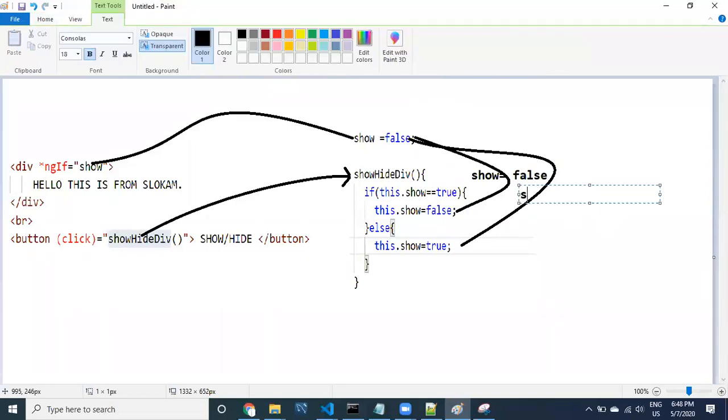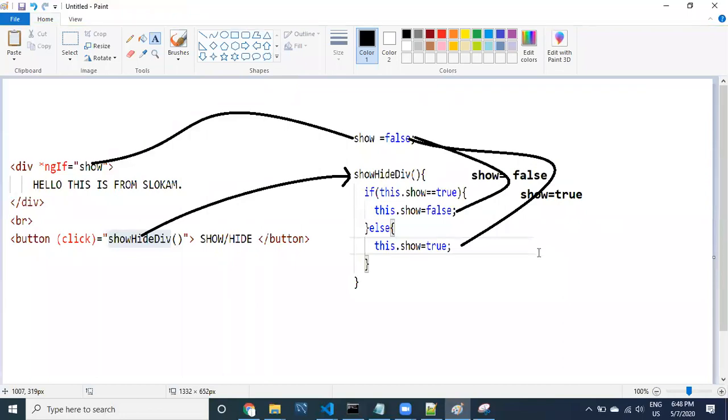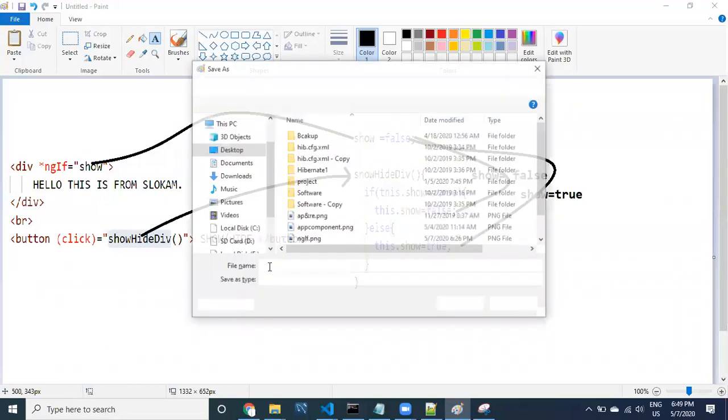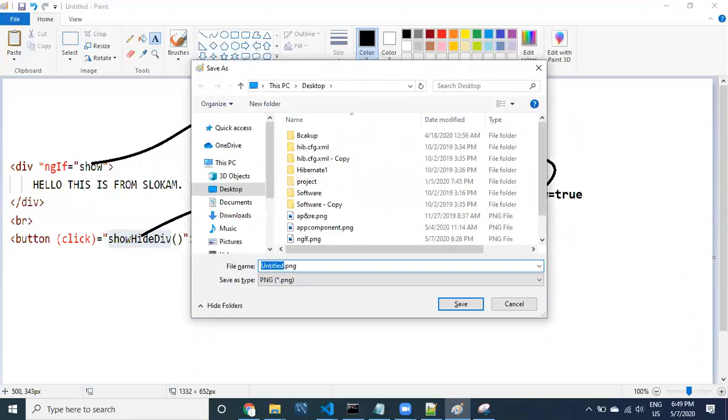And what is this? Show equal to true. So this is going to become like this. The same method we are calling: when it is true, it is going to become false; when it is false, it is going to become true. From here itself, whenever we change accordingly, based on this property, this div has to display or not display. It is going to depend upon this property, whether it is true or false. This is the basic ngIf. Let me save this diagram. Of course, I'm going to share these things with you people. ngIf.